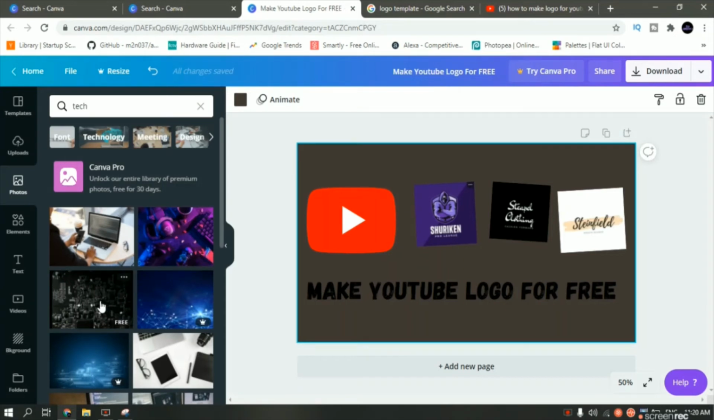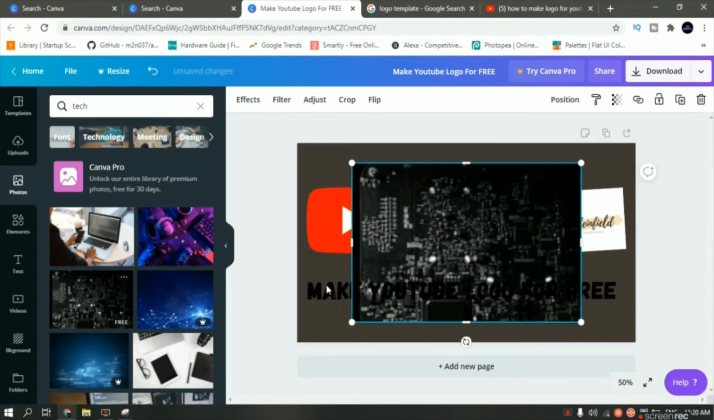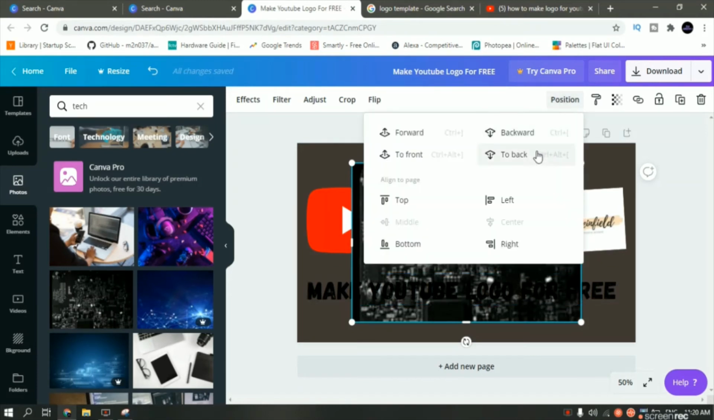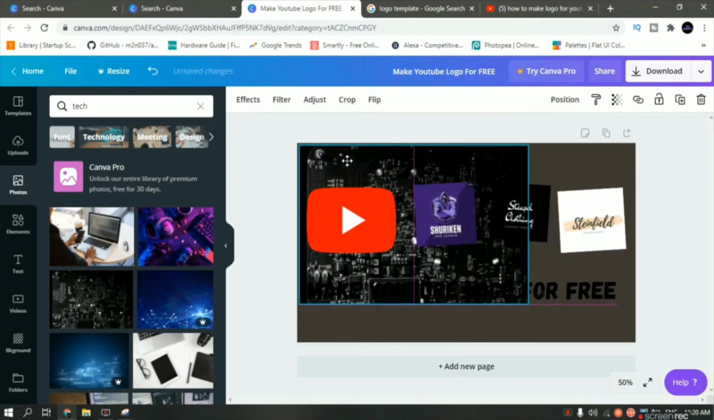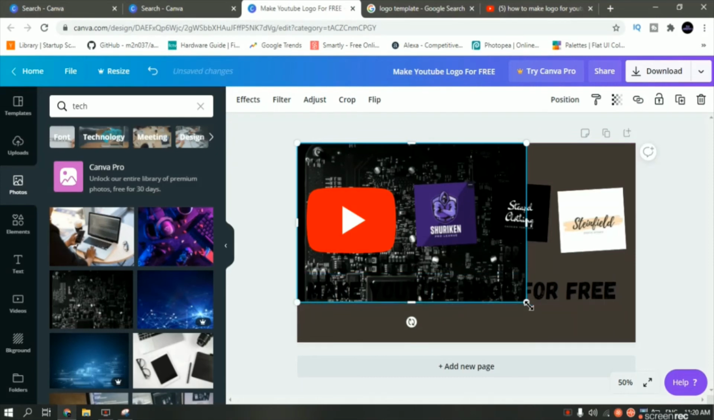This is also a good one, but I think my font is also black, so let me just insert it to see how it looks. Click on this. The image is now inserted. Now click on this position and select the to back option. Now the image will be pushed all the way to the back. Now all you have to do is just resize the image,